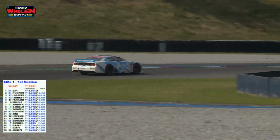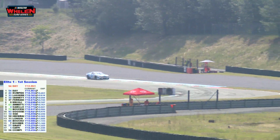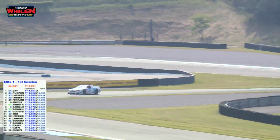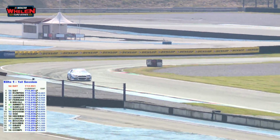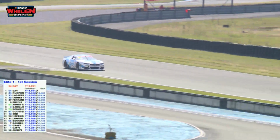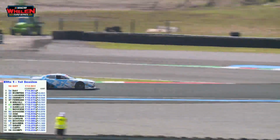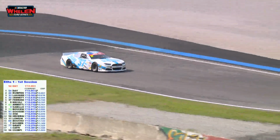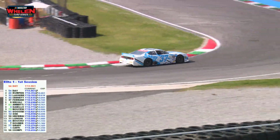So as the checkered flag comes out, then the drivers are through to the Superpole session that will be coming up immediately. It will be number 54 Alan Day, quickest of all, with a 1 minute 11.951. Second quickest is a double former champion, number 24 Anthony Kumpen, with a 1 minute 12.352. Luca Lassar, number 33, is 3rd quickest at the wheel of the Mishu Motors Chevrolet SS, a 1 minute 12.565,